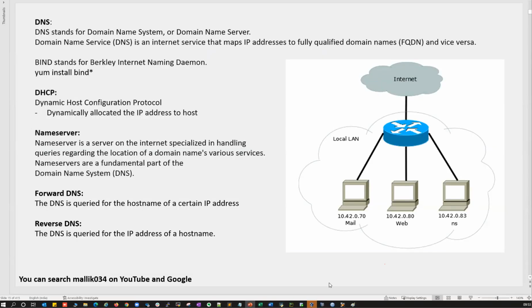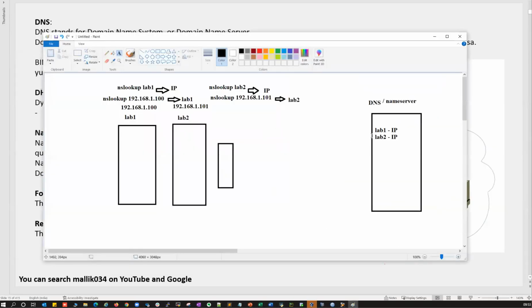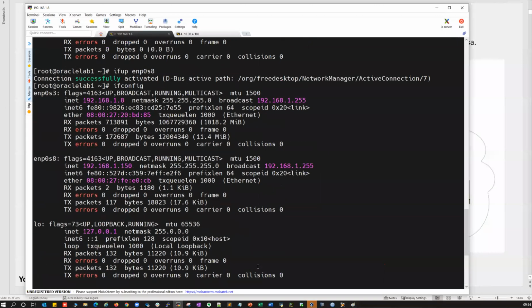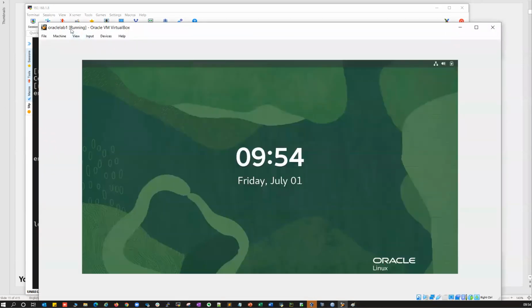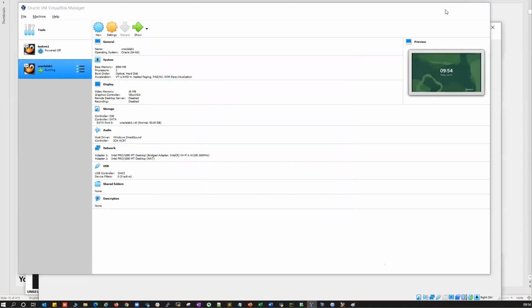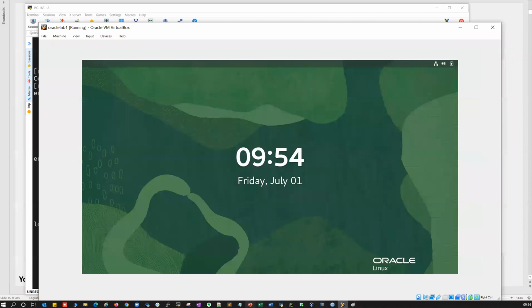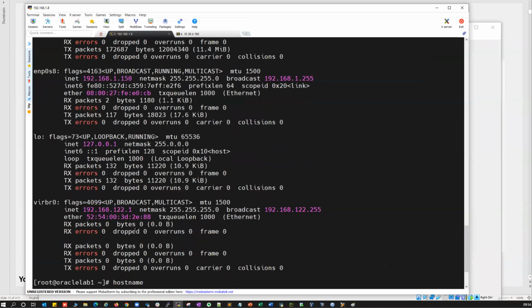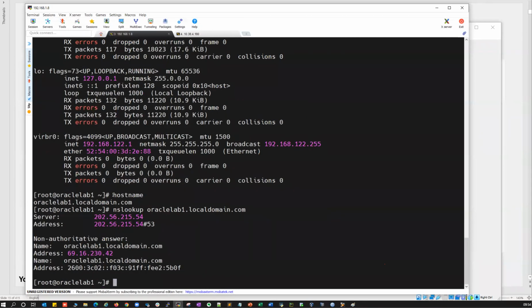And then a question comes here: how can I set up this DNS server in the lab? We don't have it here. If you see, this is my lab, what we installed, Oracle Lab 1. This is what we set up here, Oracle Lab 1. And then if I do nslookup and all, I'll not be getting a proper response. For example, if I do the host name, oraclelab1.localdomain.com,